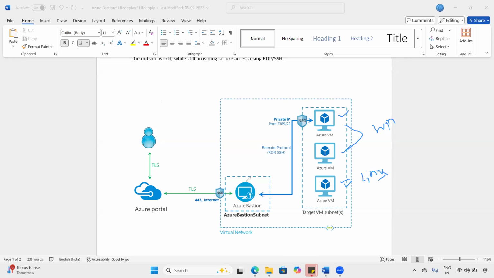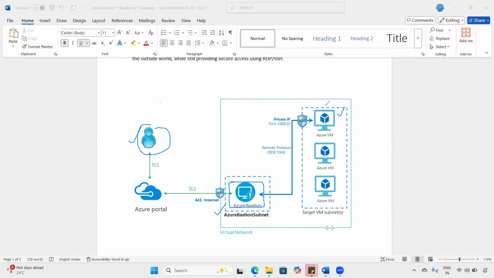When you deploy the Bastion, as I mentioned, Bastion is a PaaS service, so it will be deployed as a separate resource in Azure. Once you deploy it, Bastion is going to create its own platform, and it will give you its own interface. It will be connected to a network. And you as a user, whenever you want to take the remote of any of the VM,